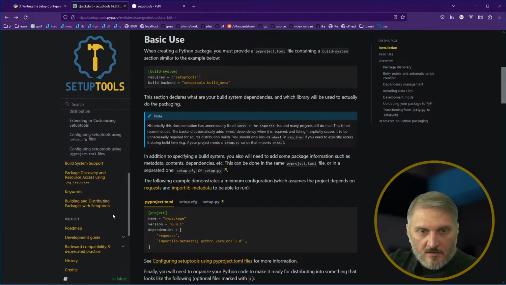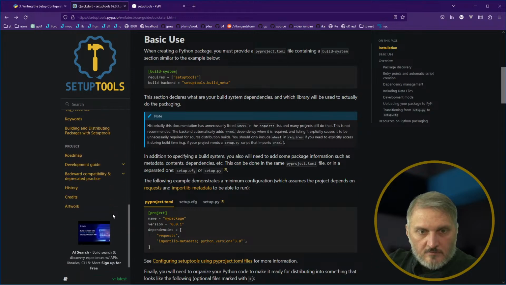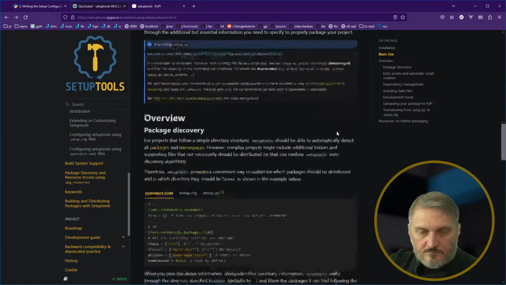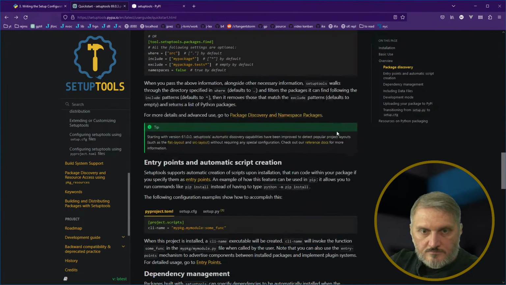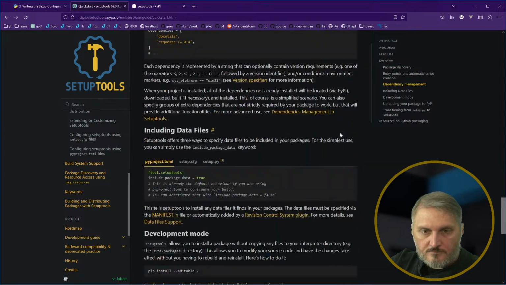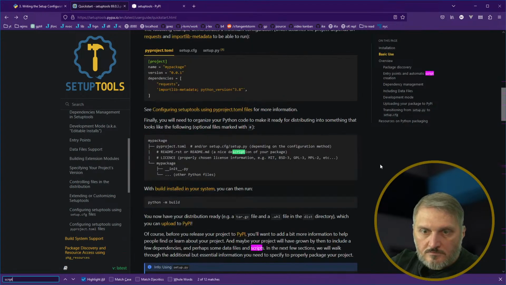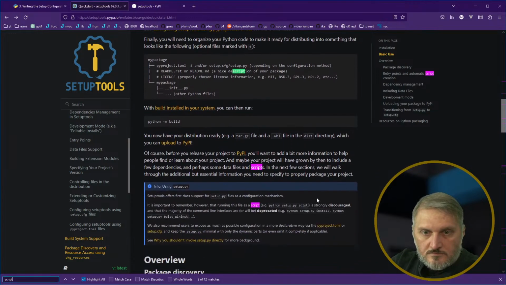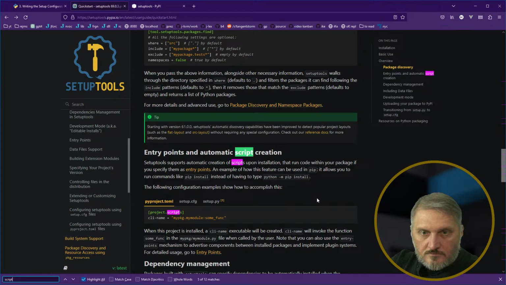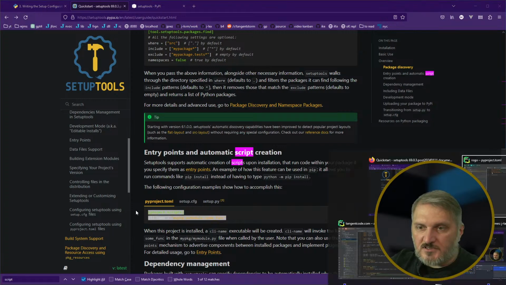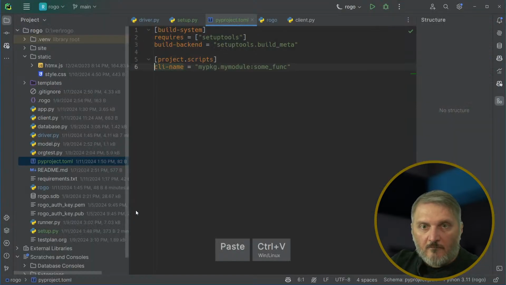What if I need a script? On installation, it runs code within your package if you specify them as entry points. An example of how this feature can be used in pip allows you to run commands like pip install instead of having to type python and pip install. I see. So project scripts is now